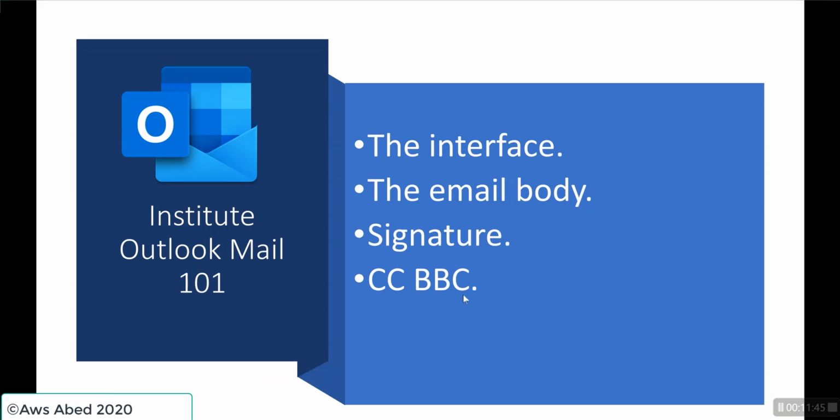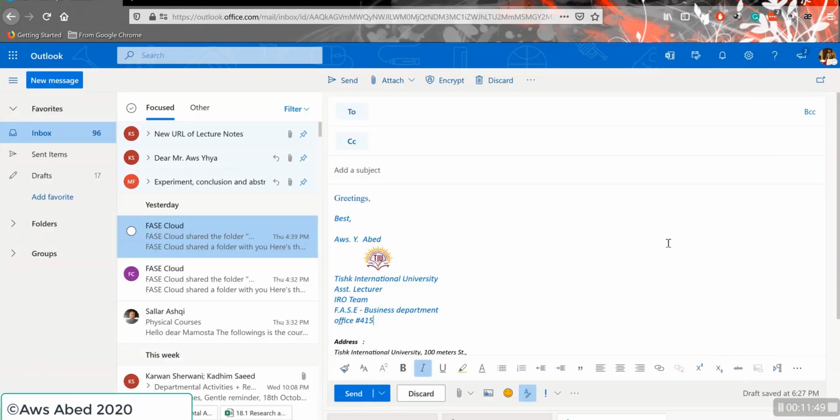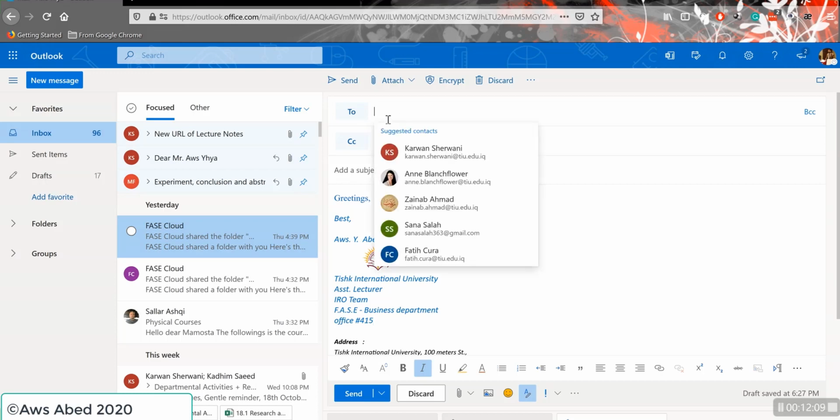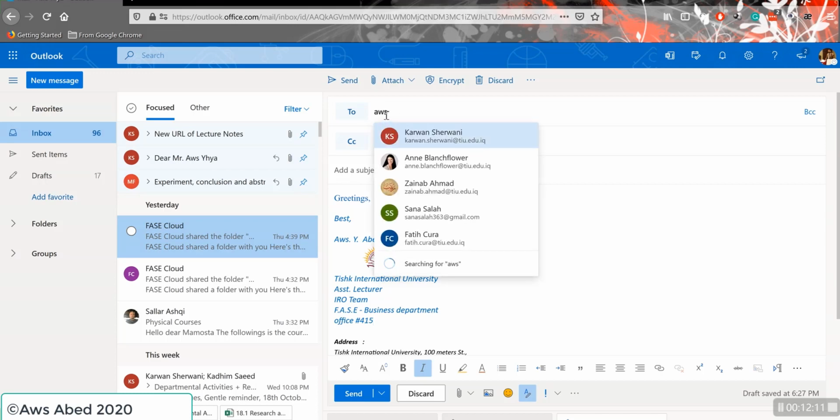Now we will speak about CC and BCC. I'm sorry, I have a typo. So it's CC and BCC. The CC part is a way to send your email to another person, to include another person in the same conversation. For example, I have written an email